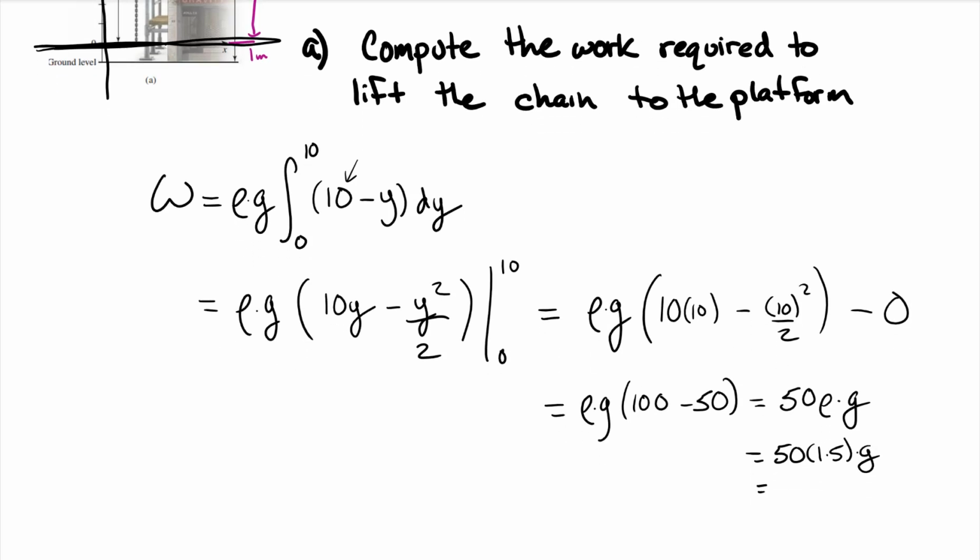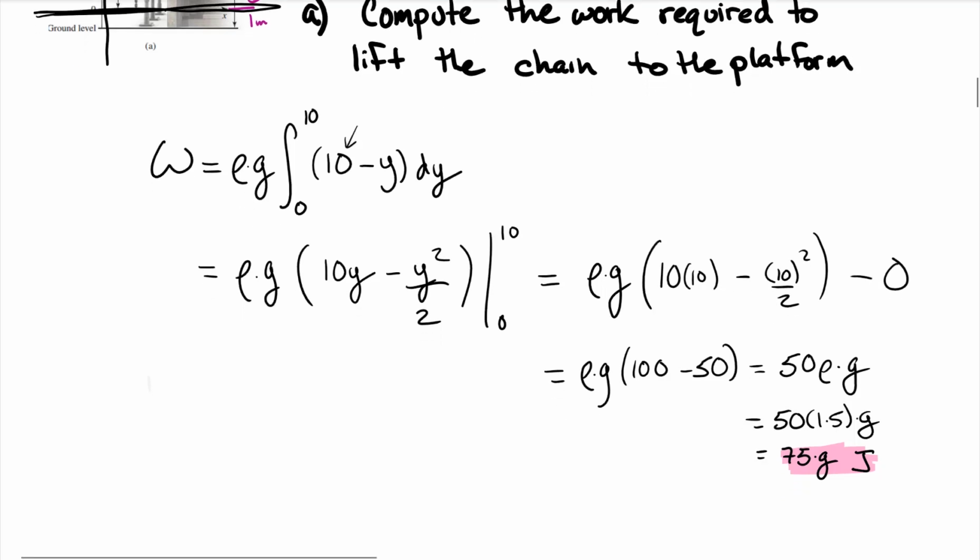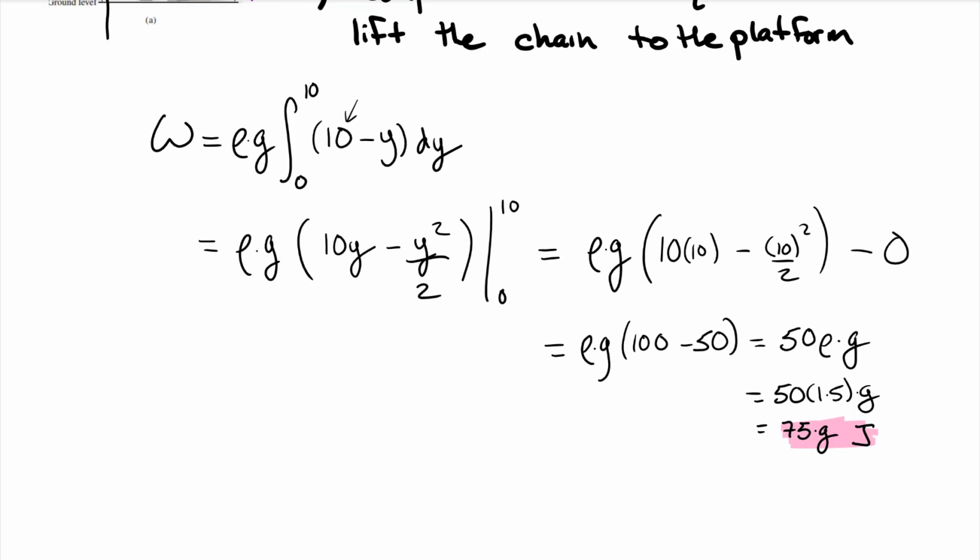And 50 times 1.5, that's 75 times the force of gravity, joules. This is how we'll answer on an exam. I don't want you putting in 9.8 or 9.81 and you won't have a calculator. However, in your homework, you may need to punch this into a calculator and go, ooh, it's 75 times